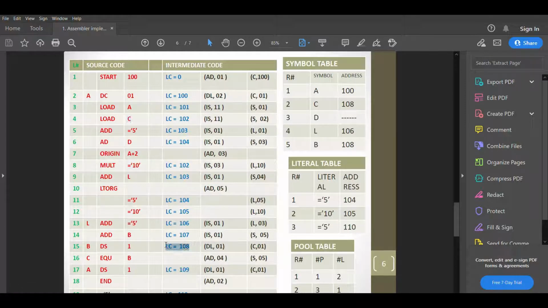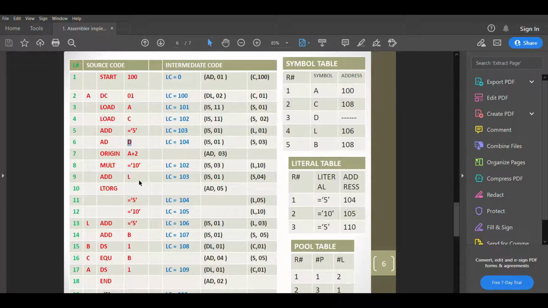So the address of BC is 108, and D is located here, but there is no declaration statement, DC or DS, for the variable D, so there is no address.